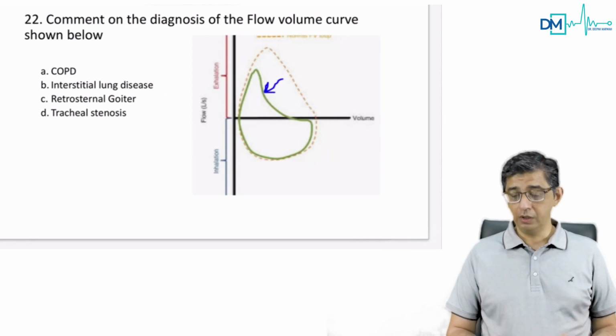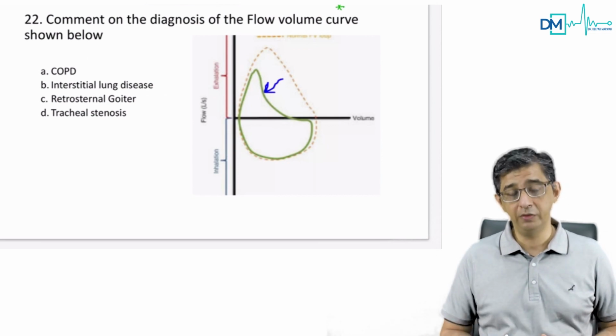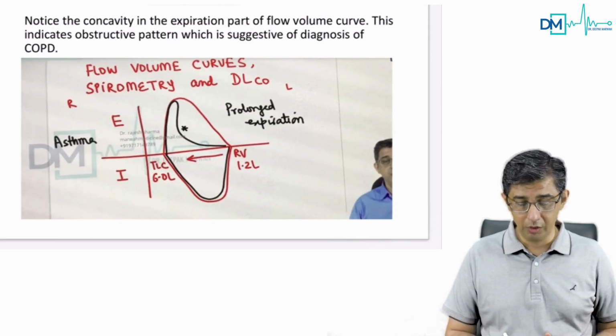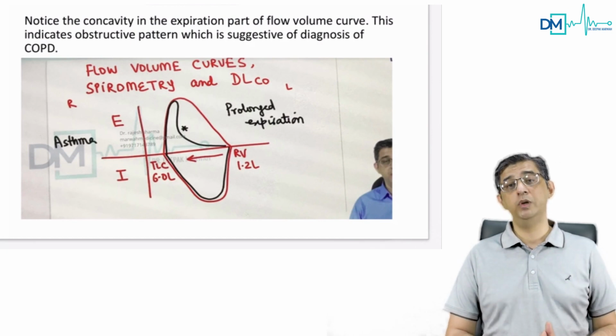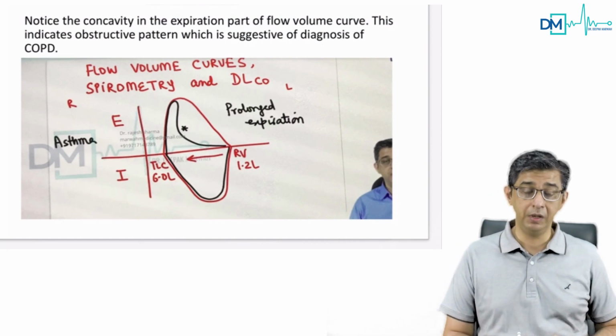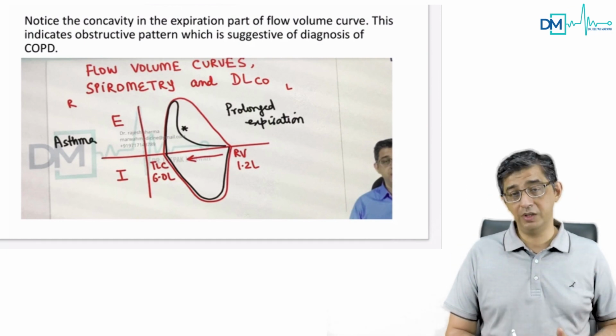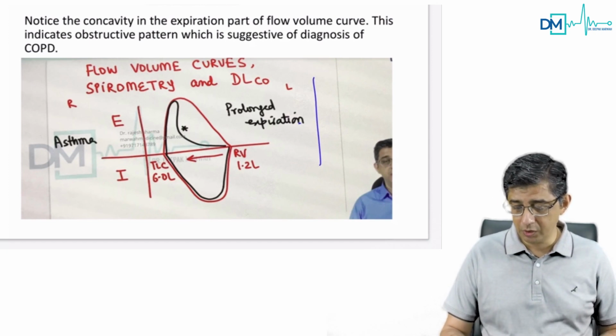Coming to the flow volume curve, I know a lot of you were very perplexed by this question. You can go through the medicine section of the app. You can go to pulmonology and see me discussing flow volume curves. I've discussed flow volume curves for obstructive lung disorder, restrictive lung disorder, intraparenchymal. I've talked about extrathoracic, intrathoracic obstruction. And bottom line was simple यार. I'll just quickly draw before you. Just keep your eyes on the board.